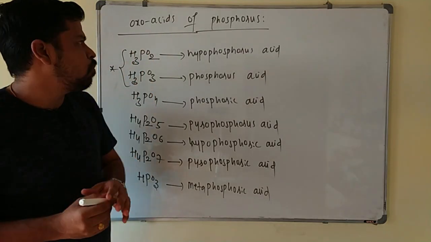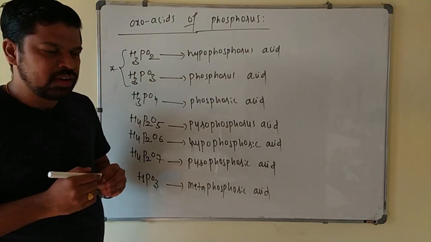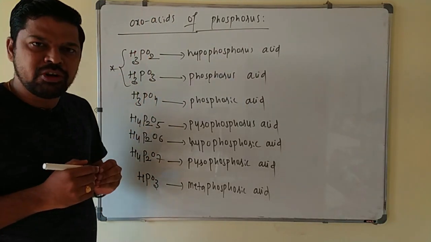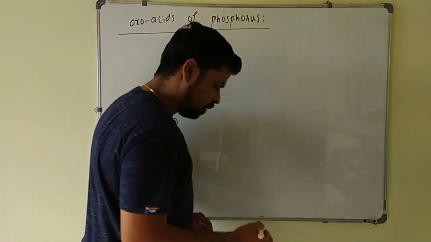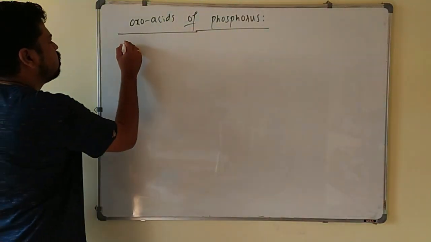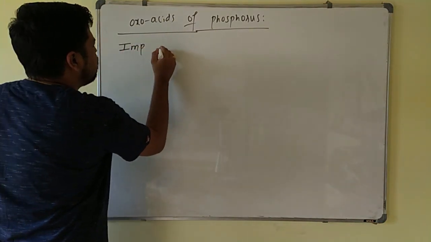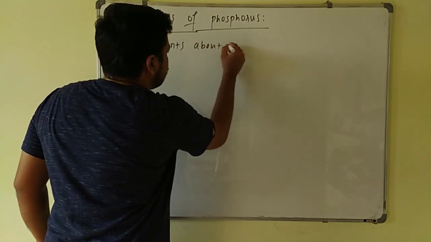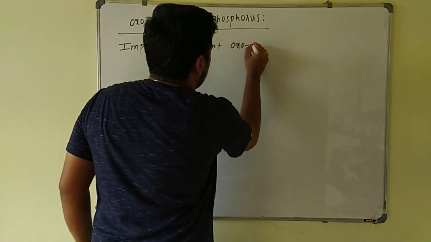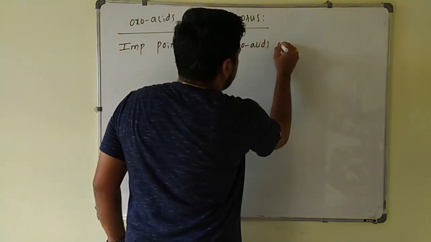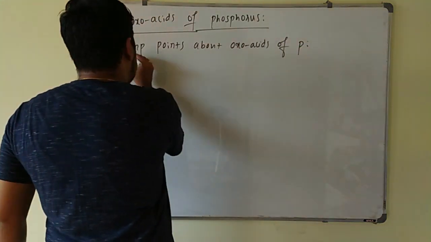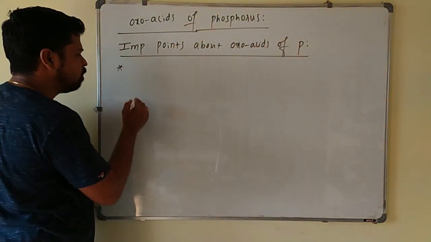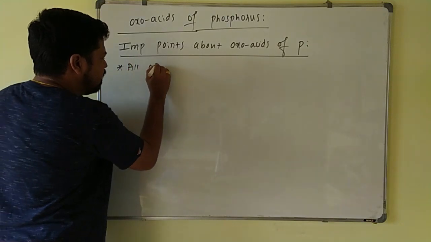Now we will see some important points about these oxoacids of phosphorus. If you know these points, you can easily answer every question that comes on the oxoacids of phosphorus. Some important points about oxoacids of phosphorus. The very first thing to keep in mind, the first point: all oxoacids of phosphorus